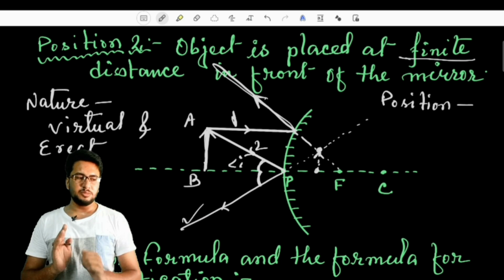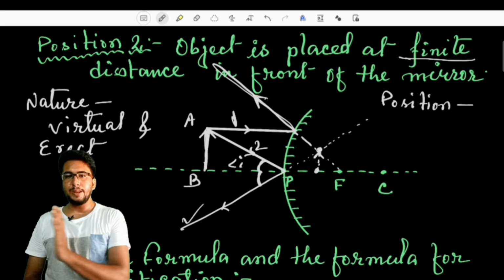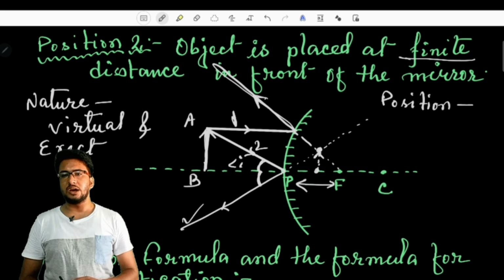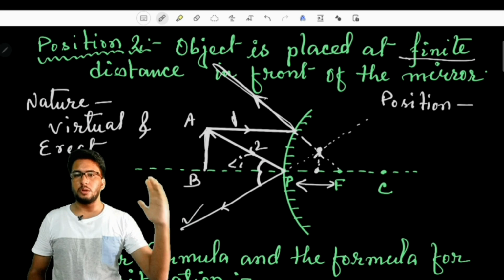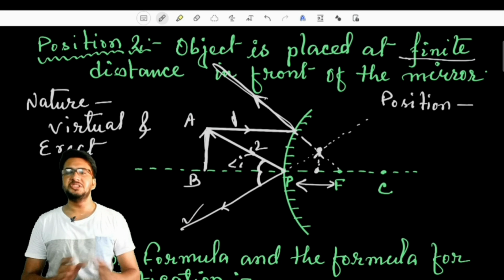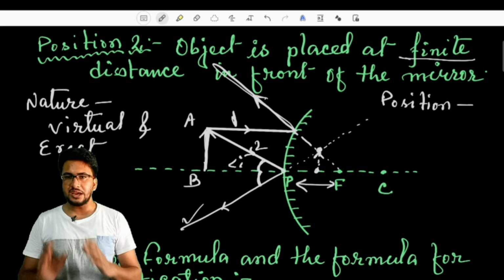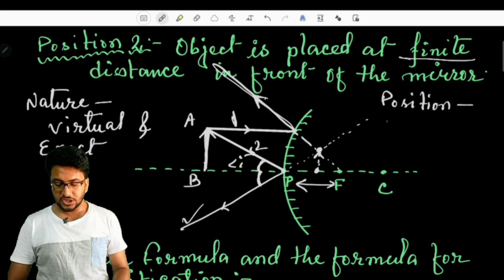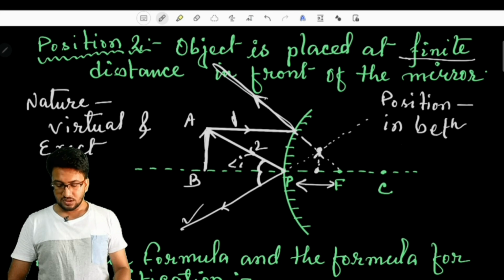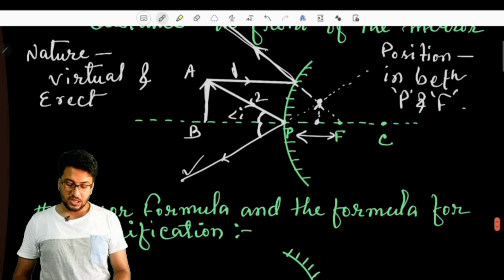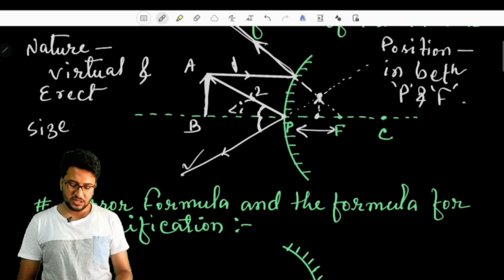Means ये pole और focus के बीच, मतलब ये pole है और focus के बीच यहाँ पे बनेगा, इस distance में बनेगा, यहाँ तक का distance में always form करेगा। कोई भी finite distance में ऑब्जेक्ट को कॉन्वेक्स मिरर के सामने रख लो, तो उसका जो इमेज है वो ये पोल और फोकस के बीच ही बनेगा, हर टाइम। मतलब स्लाइटली इधर उधर हो सकता है, लेकिन इधर उधर जो होगा वो पोल और फोकस के बीच ही होगा। तो पोजीशन ऑफ द इमेज विल बी फाउंड इन बिटवीन पोल एंड फोकस ऑफ द कॉन्वेक्स मिरर।